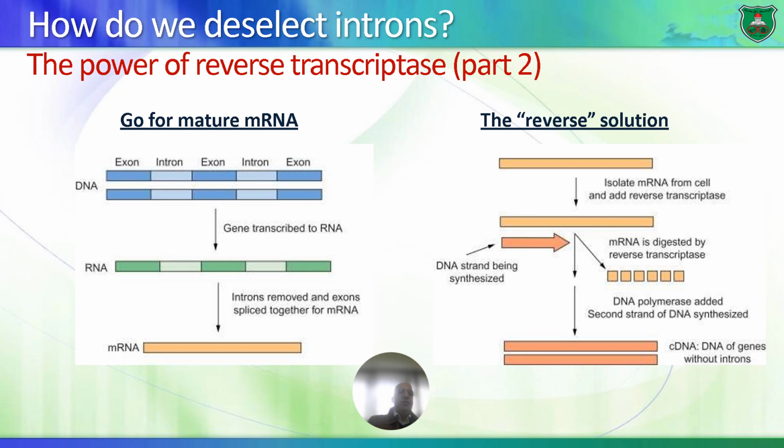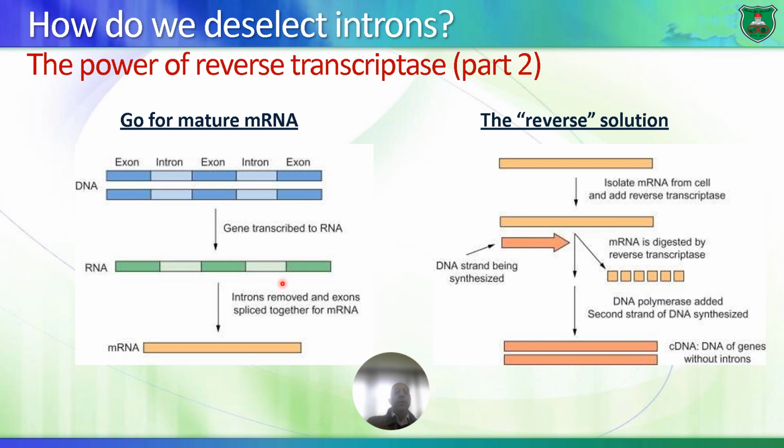Problem number two is that we have introns in genes. So if I want to synthesize a gene starting with the genomic DNA, I'm going to have a problem with introns. This is the reason why we use mature messenger RNA, meaning a messenger RNA that is polyadenylated. So we don't use DNA to make copies of a gene because of the presence of introns. We do not use the primary